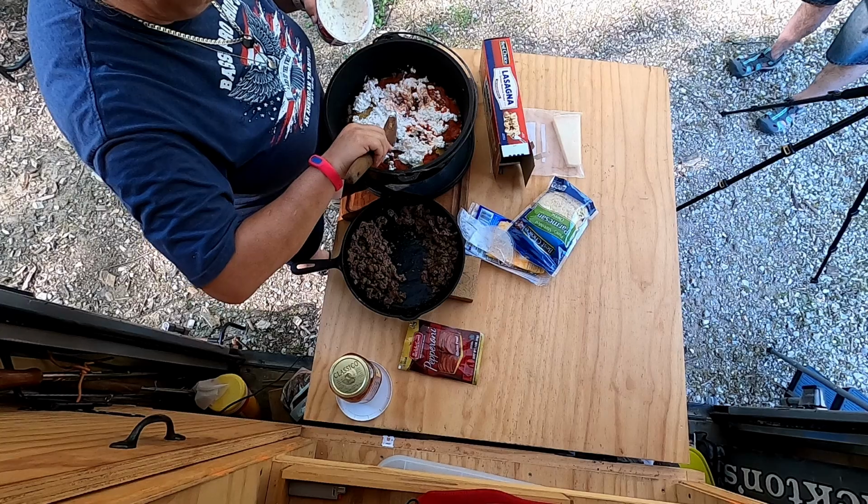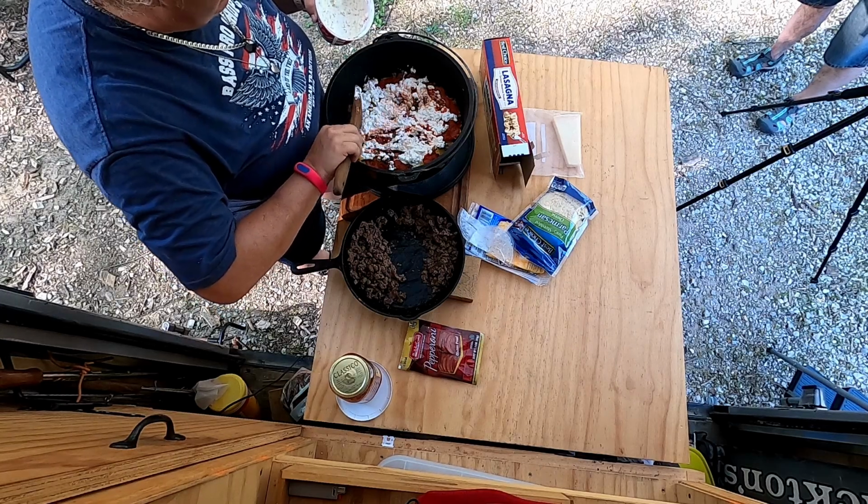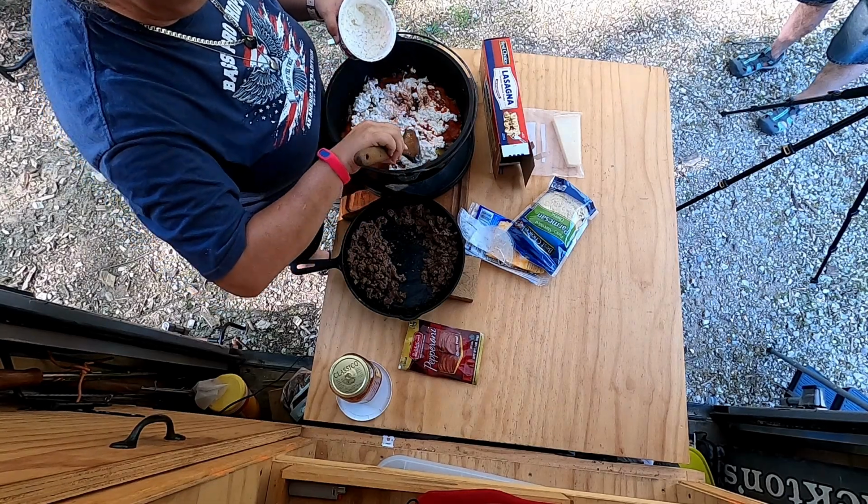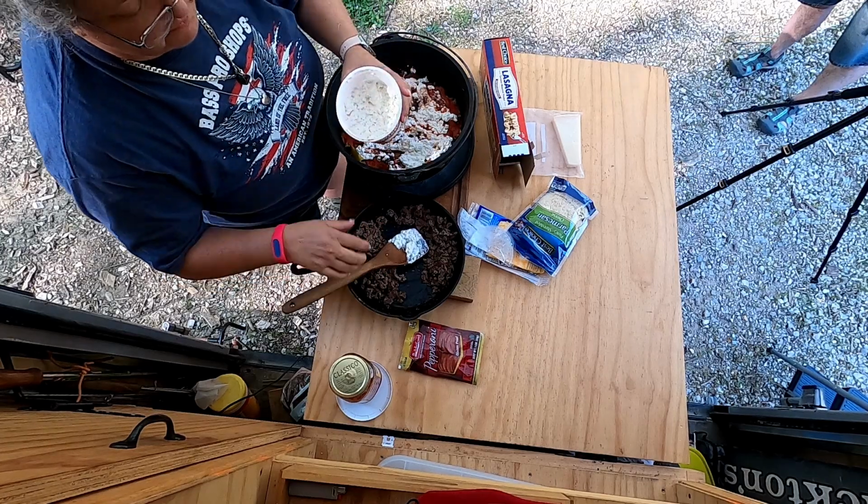Now, if you don't like cottage cheese, you can use ricotta, or a combination. We've done that before too. A bit more over here. Okay. I know some people are hardcore one way or another, but...